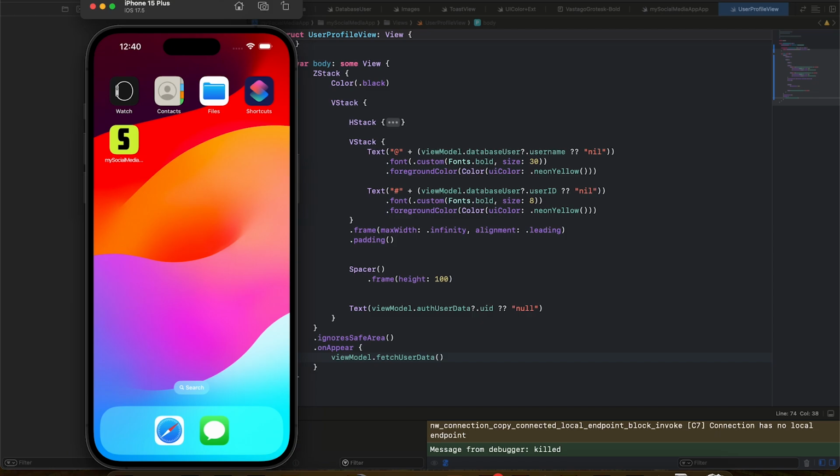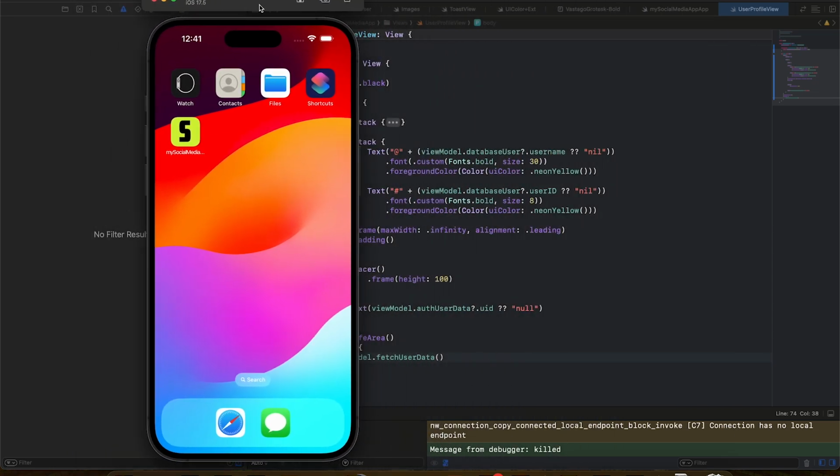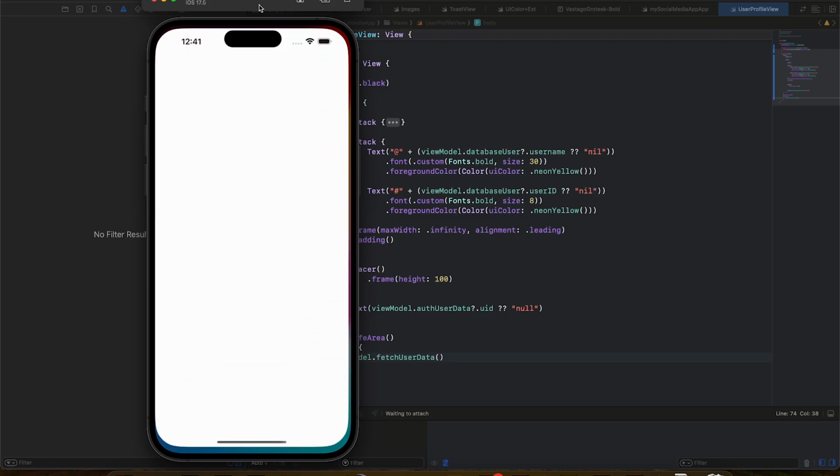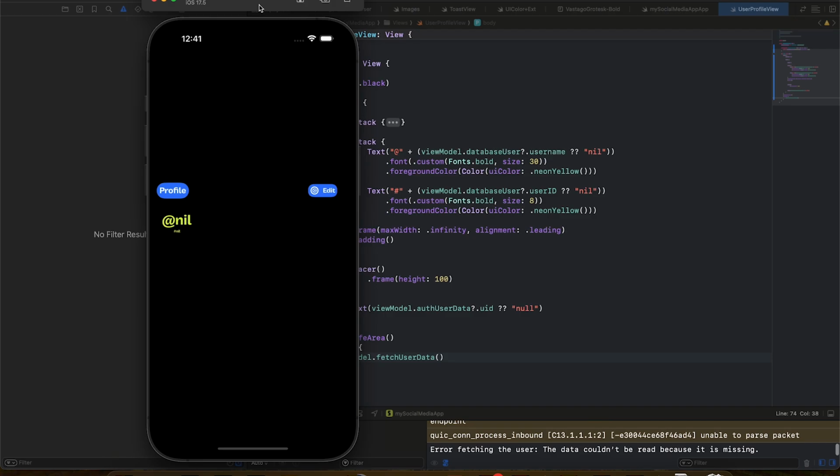And how about, okay, we can just wait for it to build, and most probably it won't work. Let's just see what happens. Could be that it signs us out because it cannot find a valid database user, but let's just see what happens. So inside the application finally, and okay, it gives us this and it says